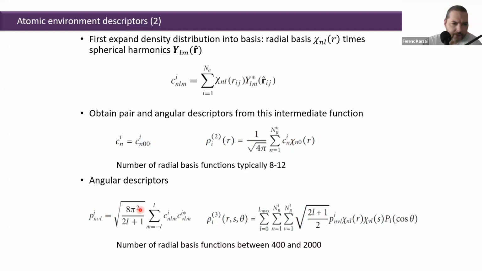Okay, and the indices, if you're interested: n is the number of radial functions that you set as a parameter, and nu is another number of radial functions, because you have here n and n prime. L is an angular quantum number, and additionally you would have j and j prime, which are the two types. So it scales quadratically with the number of types. I haven't shown this for simplicity.